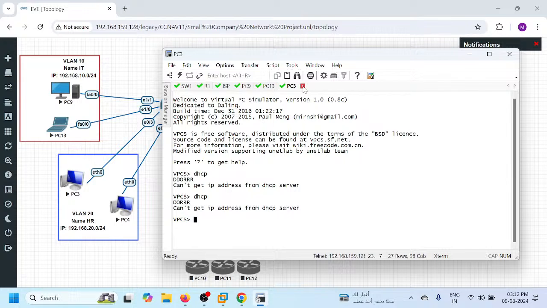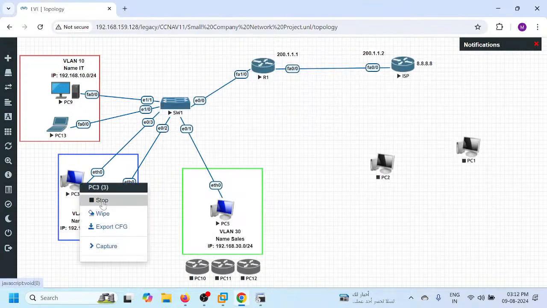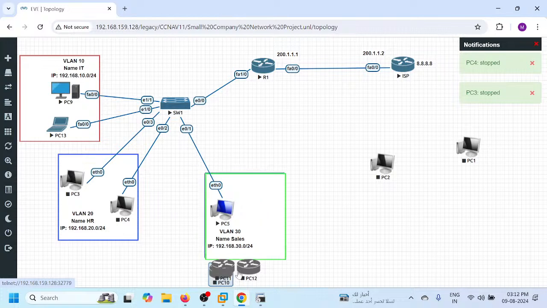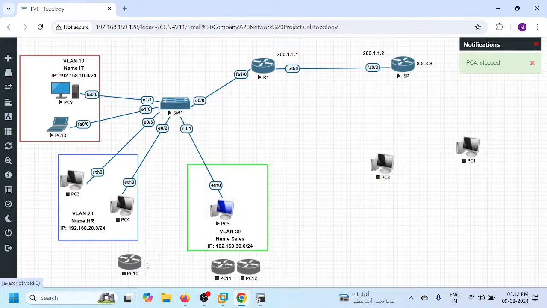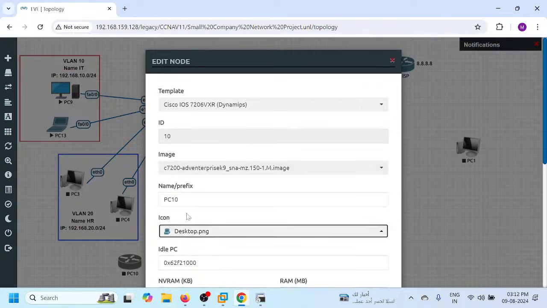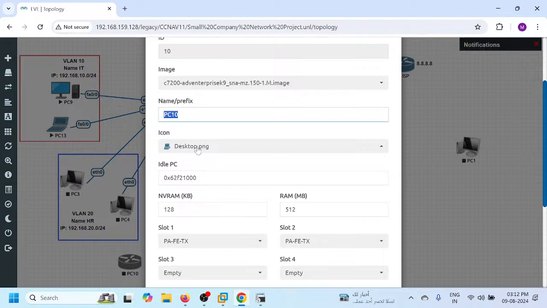So what I will do here, I will switch off this device, and we will replace this device, the PC, with a router. Okay, on this router you can change the icon, whatever icon you need. Example, right click, and select which icon you need. Example, you need this one, desktop icon, select that, and what name you want to give, PC1, PC2, PC3. So you can write here PC3